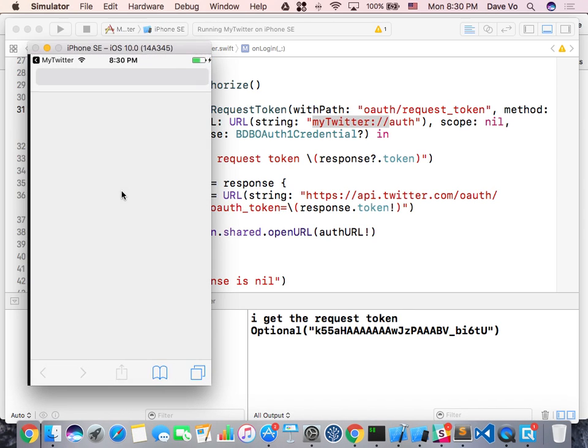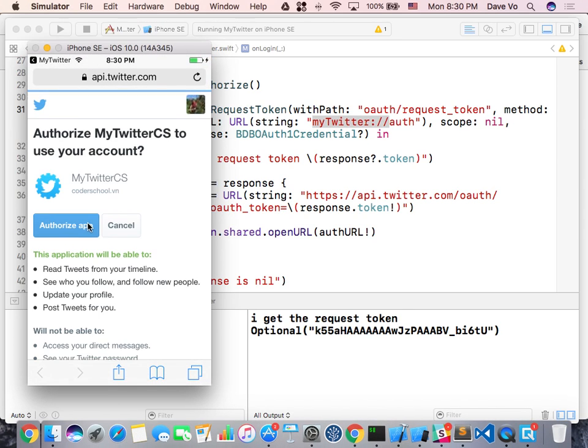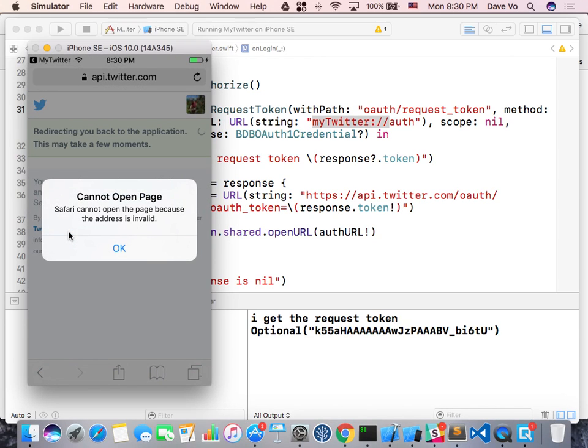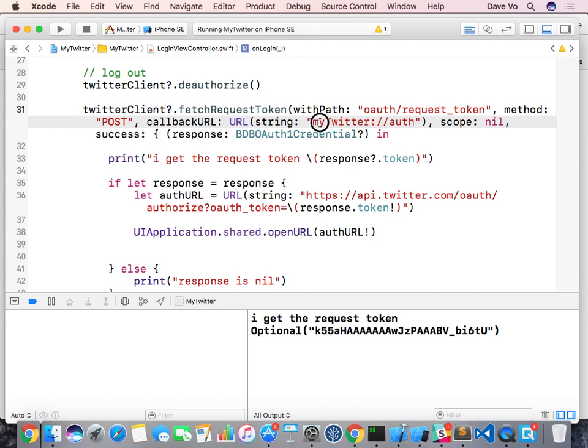Okay, I log in. Let's go to this page, and then I click on authorize. Okay, so it says I cannot open it, because now I already overrode the Coder School thing. It doesn't open Coder School. It actually opens my Twitter and then the slash thing. But then we need to somehow say, hey, it's cool, when you see this one, you need to open the Twitter app, right? How do we do that one? Okay, so let me copy this one, and you,